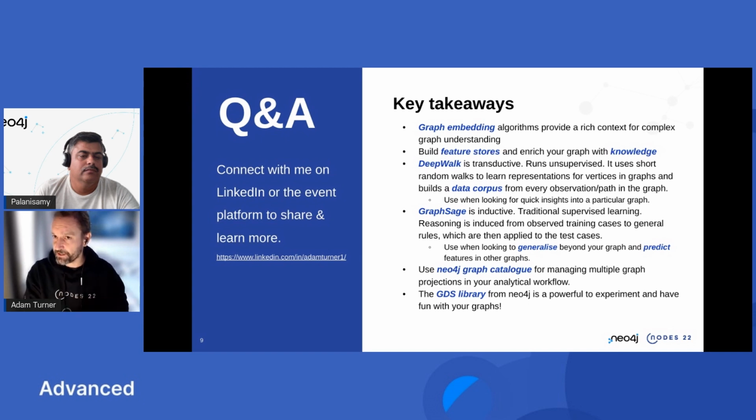Deep Walk, as I said, is a transductive algorithm. GraphSage is an inductive algorithm. Encourage you to explore the differences between those two. The Neo4j Graph Catalog, a really powerful feature to help you manage multiple graph projections or multiple feature engineering within your analytical workflow. And of course, the Graph Data Science library from Neo4j is something that enabled me to successfully complete my